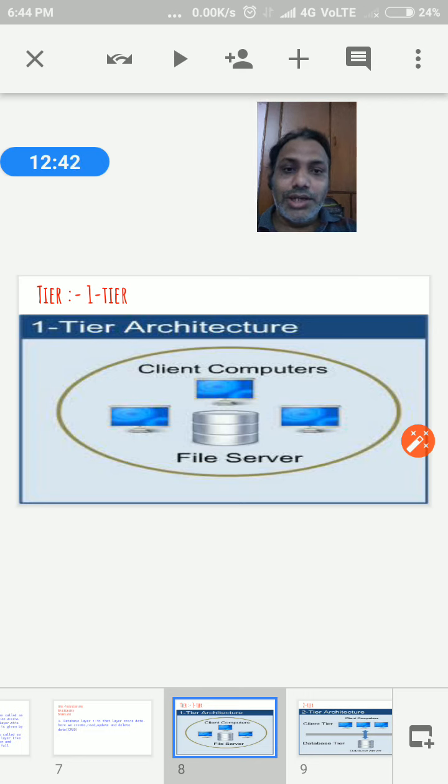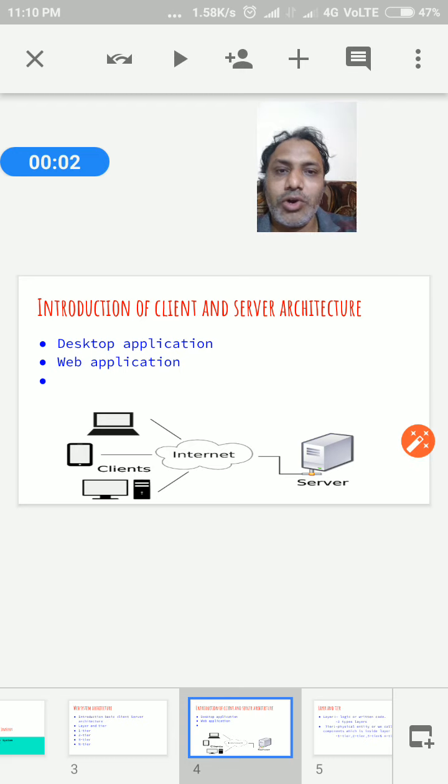So that is one example of the one tier architecture, but it has some drawbacks. Before we go to the drawbacks, what is the one tier? Again we discuss using the diagram. Already we have the client server architecture diagram.